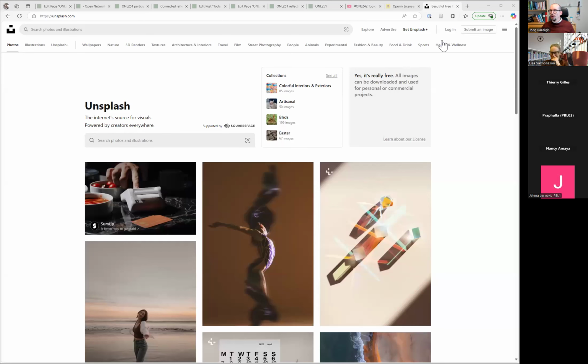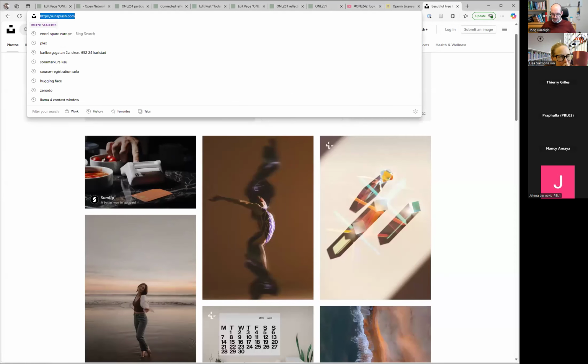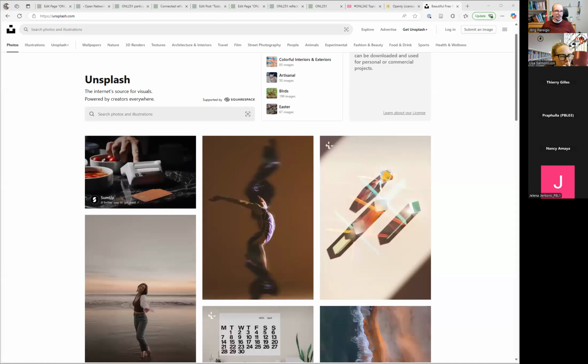Unsplash, you've maybe heard of it? I put the links also in the chat, so you have them for future reference. Beautiful free images and pictures.